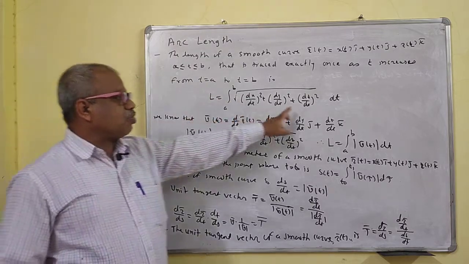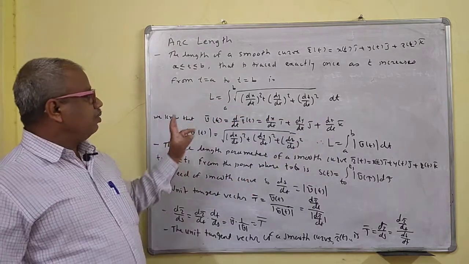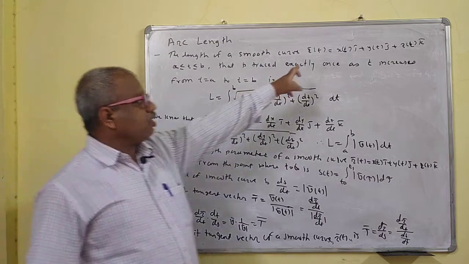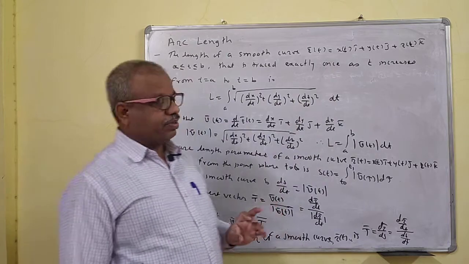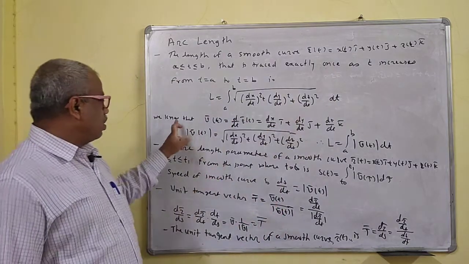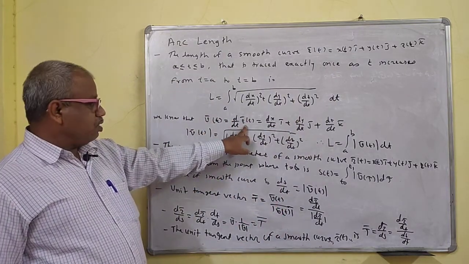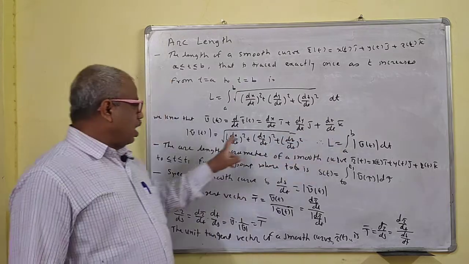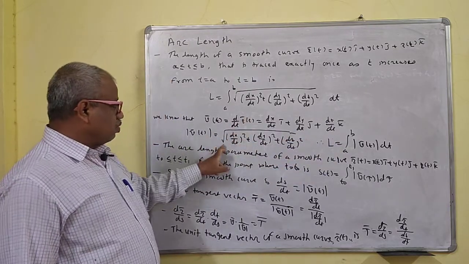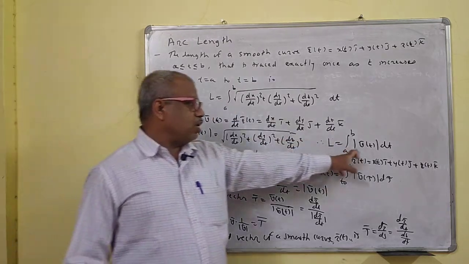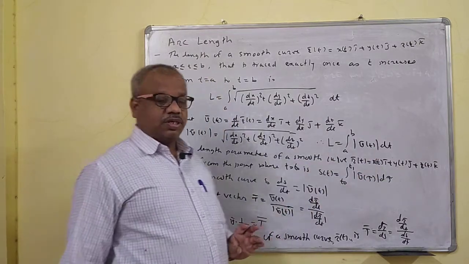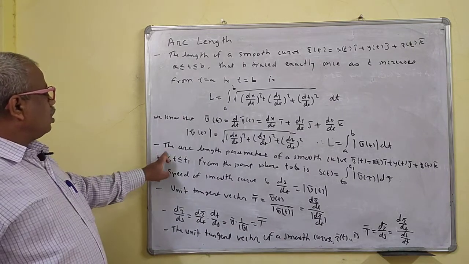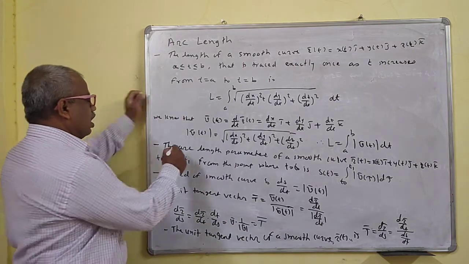This is the formula, a simple formula. We have to differentiate, dr by dt, and take the modulus of that. If v bar of t is the derivative of r, and you know the magnitude of this is the speed, then you may replace it with mod of v bar of t. So this is the arc length.